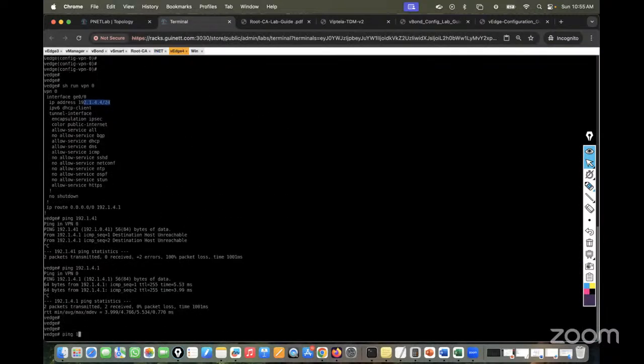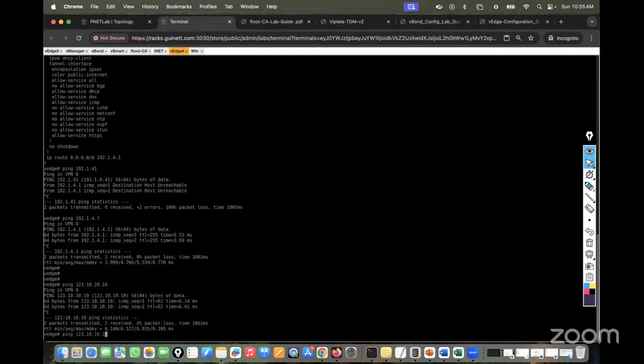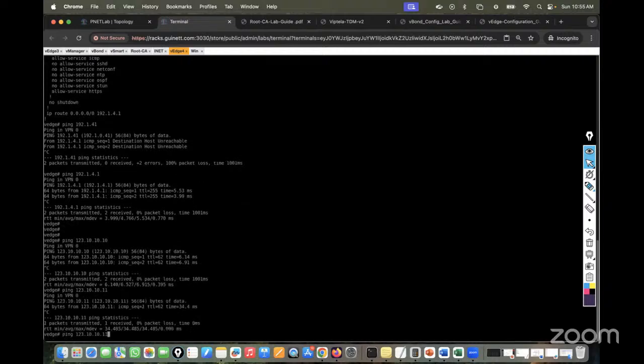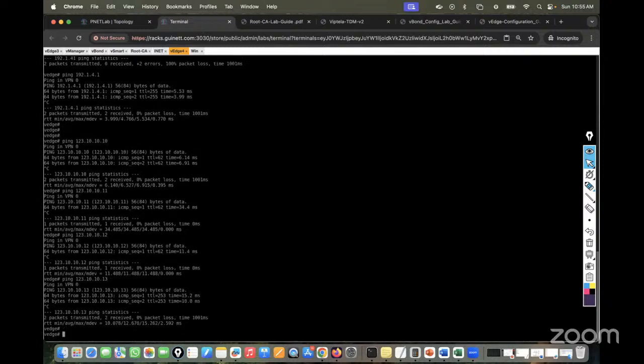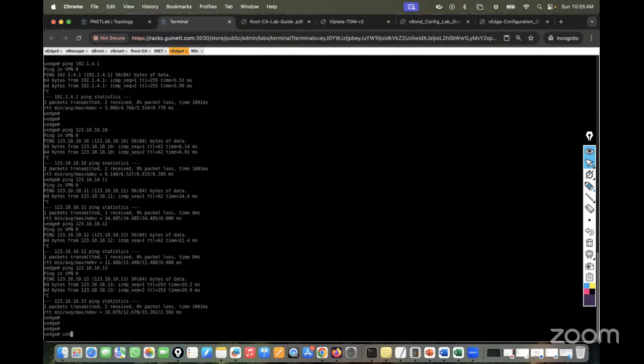So if I just try to ping 123.10.10.10, you see it is reachable. If I just ping the vBond, it is reachable. If I ping the vSmart, it is reachable. And I just ping the root CA, it is reachable. So what I have to do, I just have to go in the vShell and I have to copy the